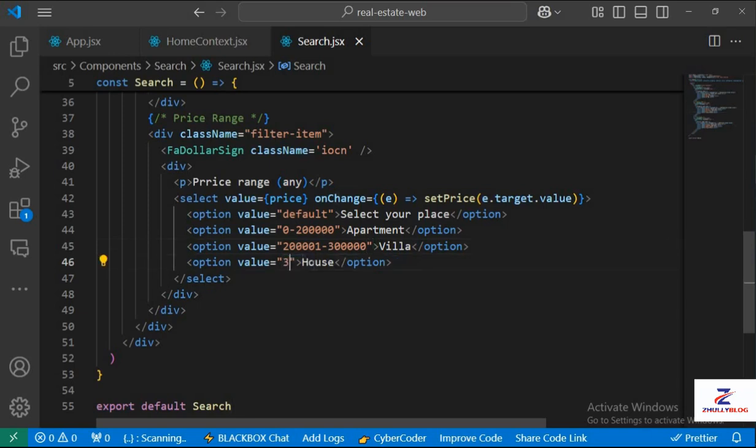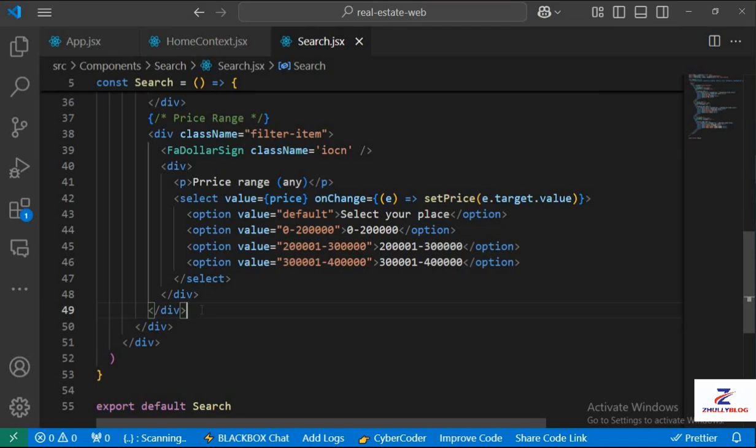Then here we're going to have 300,001 to 400,000. Okay, and I'm going to copy this as well to replace this right here. Copy this, replace it here, paste it, do the same thing here, copy, and then you paste it here. Okay, so we have our price range option. We have all of this here. After this filter item,